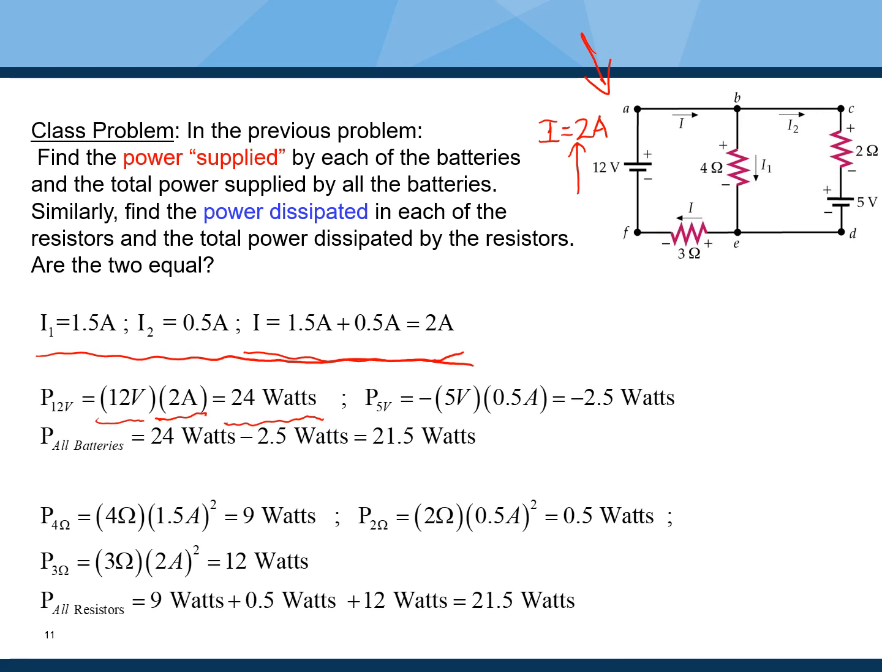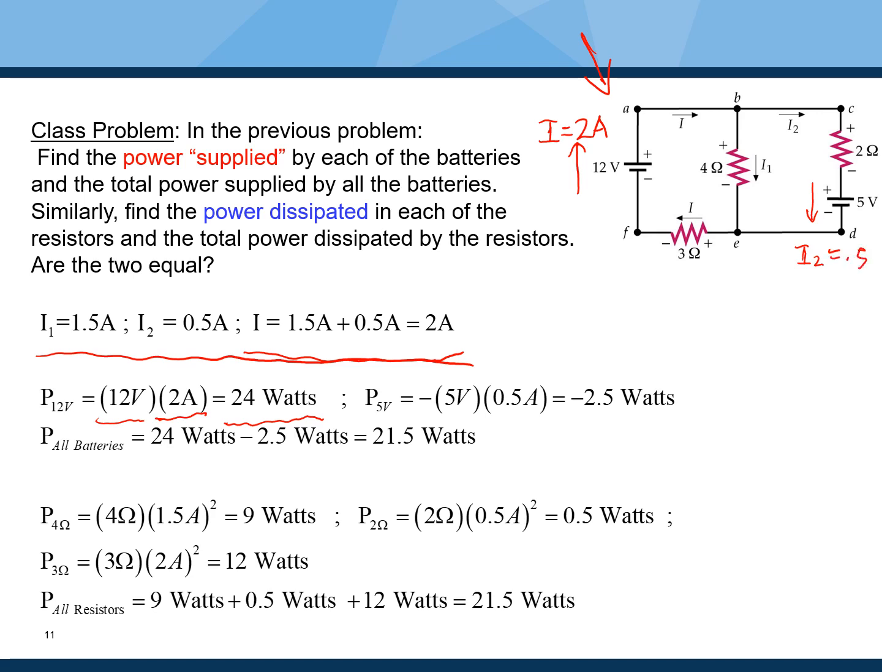Now let's focus on the 5-volt battery. We have a current I2 going from top to bottom in this situation. So I2 is equal to... let me see if I can go ahead and erase I2 and write it a little better. So we have I2 is equal to